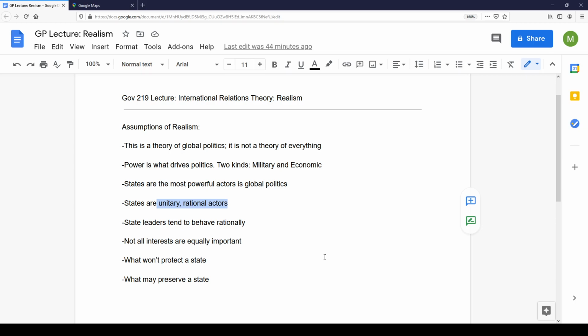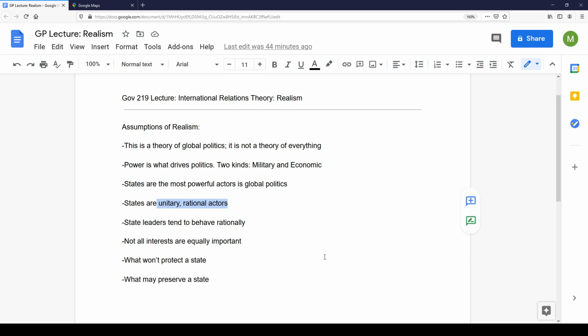it refers to the ability of state leaders, right? Because states are inanimate objects, but state leaders to be able to look at, say, a foreign policy problem before them, to evaluate different courses of action, and then to select the policy that gives them the greatest reward at the least cost. To them, that's rational decision making.